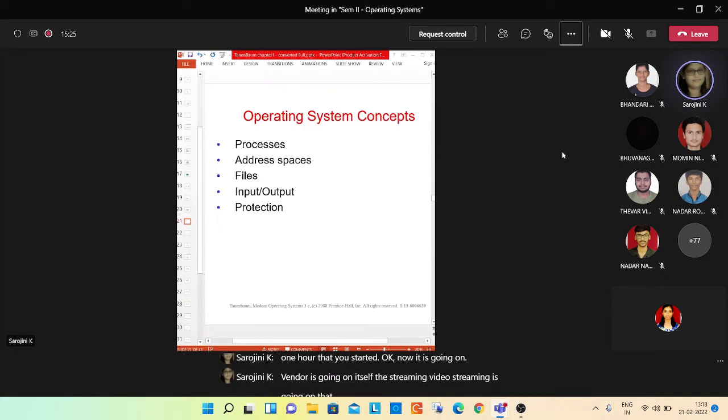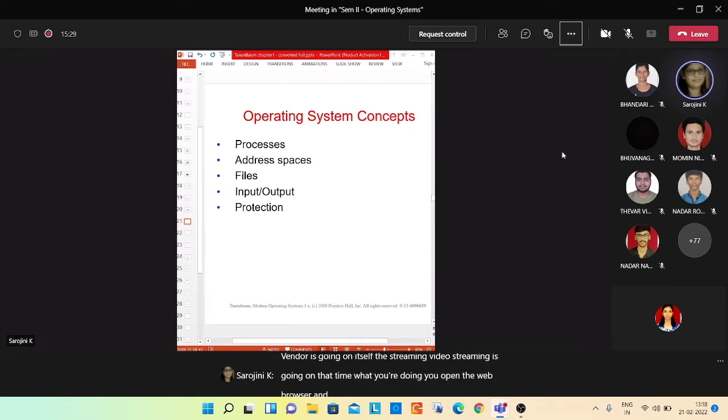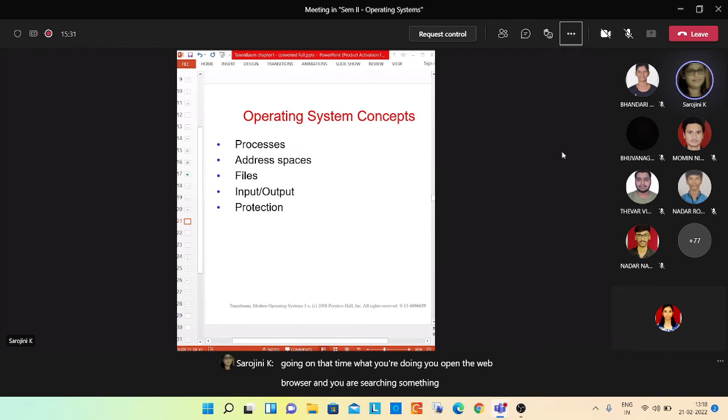When the video streaming is going on, at that time what you're doing, you open the web browser and you are searching something. Some information you want to know, you're searching that. Now on one side your video streaming is going on, and that will take 1 hour. And in the same system you are surfing the web, searching something and reading something on the web.